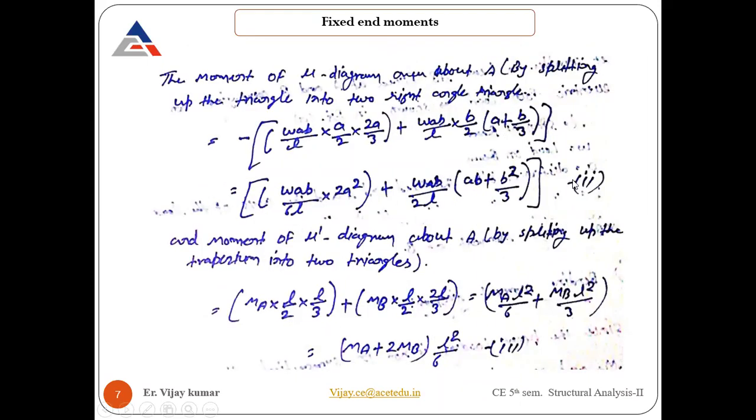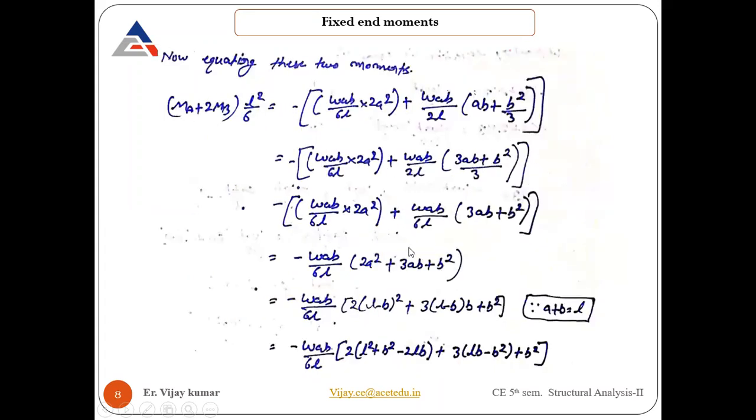We have to equate equation number 2 and equation number 3. These are the two areas we need to use. Basically, summation of forces equal to 0 and summation of moment of areas is equal to 0. That is the equilibrium equation. I just try to maintain those, so just take that side and equate them.